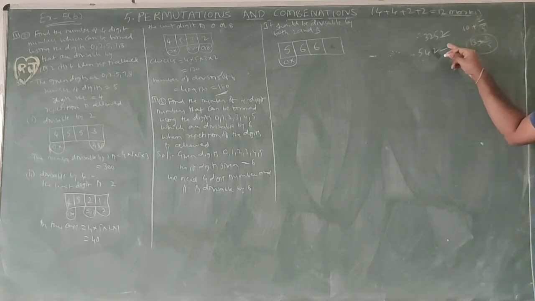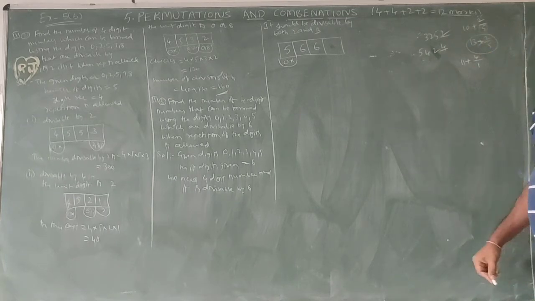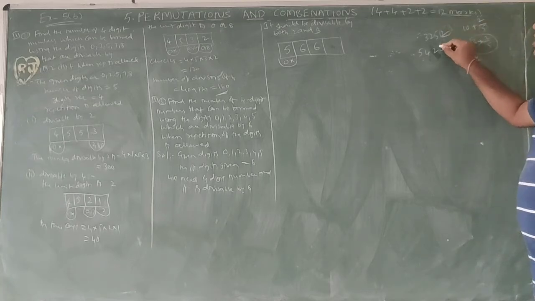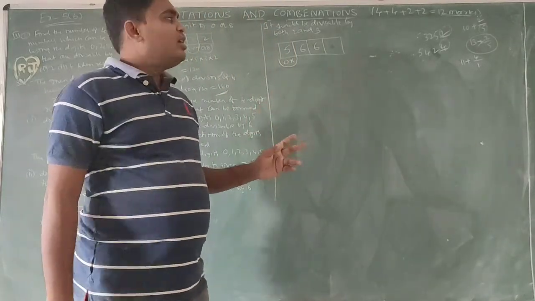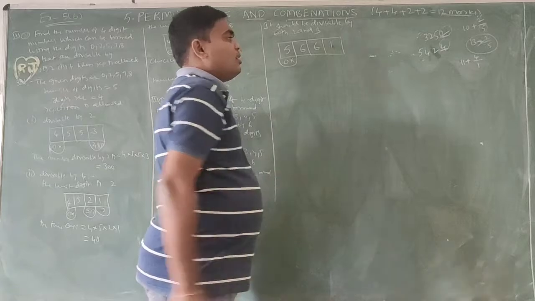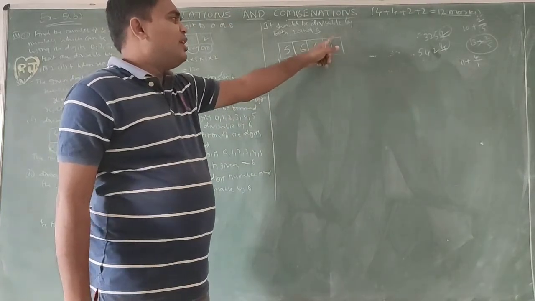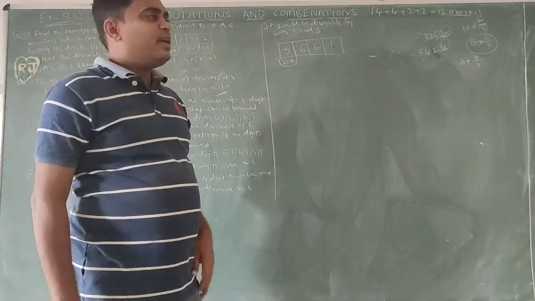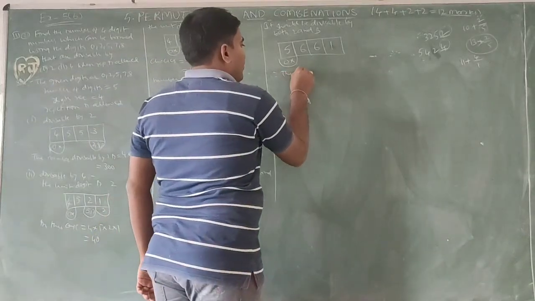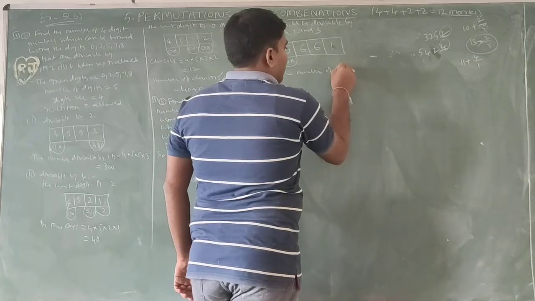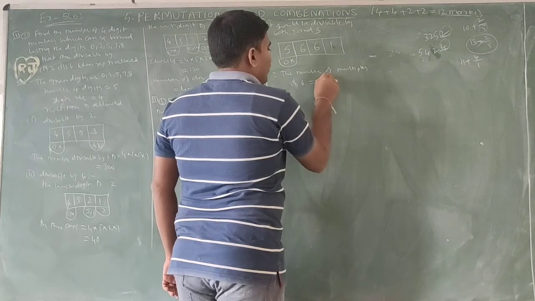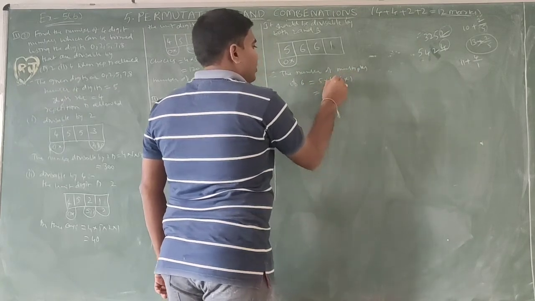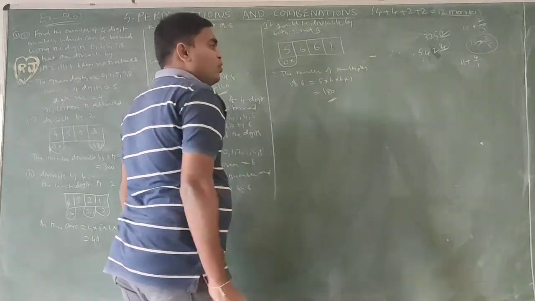So if it is 4 or 1, it should be divisible by 3. But if it is 4, then only it is divisible by 2. So here also we are getting one chance. Here also we are getting one chance. So overall, whatever the number you may change, you may check, we have only one result. So if we fit that one, then only it is divisible by 6. Therefore, the number of multiples of 6 equal to 5 into 6 into 6 into 1. 5 into 6, 30 into 6, 180. So these are 180.